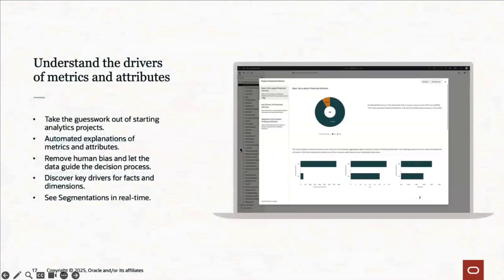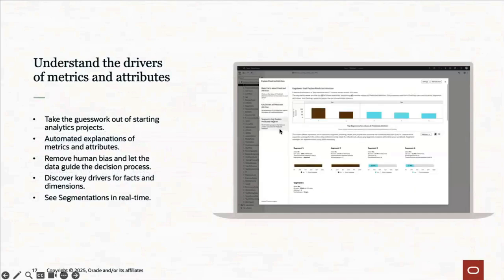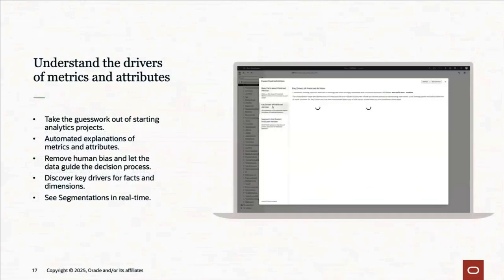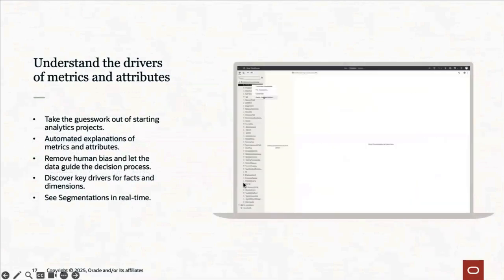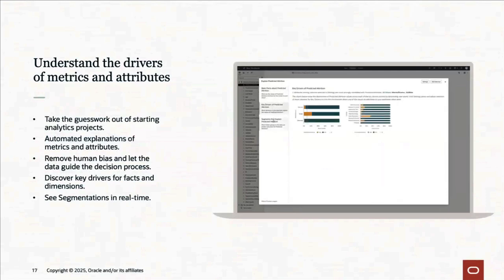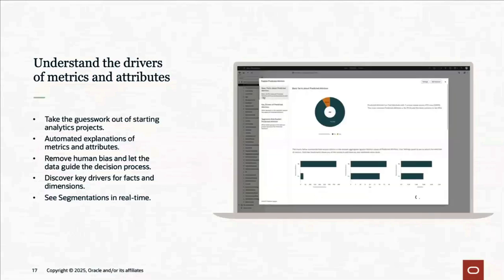So now that we understand some of the basic functional areas of Oracle Analytics Cloud, let's take a deeper look into some of the augmented capabilities. First, I want to look at the Explain feature. We see that we've right-clicked on a field over here and clicked Explain, and we see the basic facts about, in this case, predicted attrition. It's going to take us through key drivers and segments that explain predicted attrition. On top of that, it's going to give us different individual visualizations with little blurbs explaining them all.